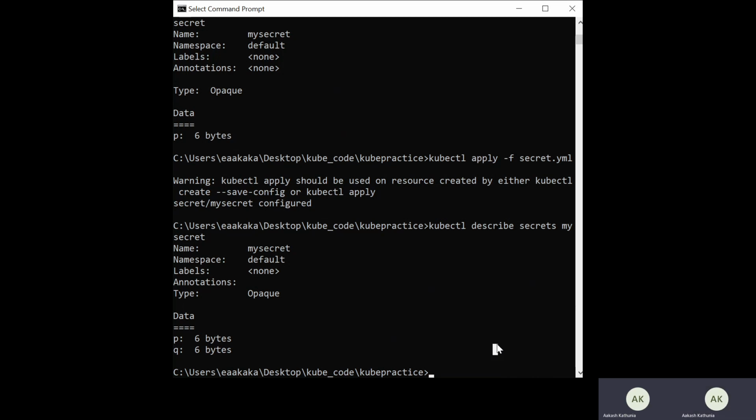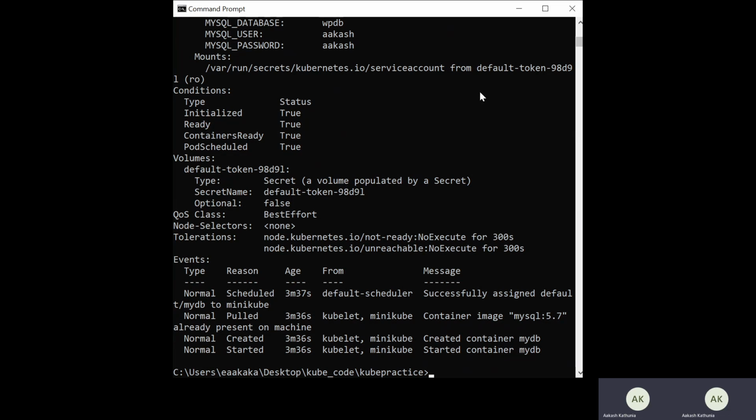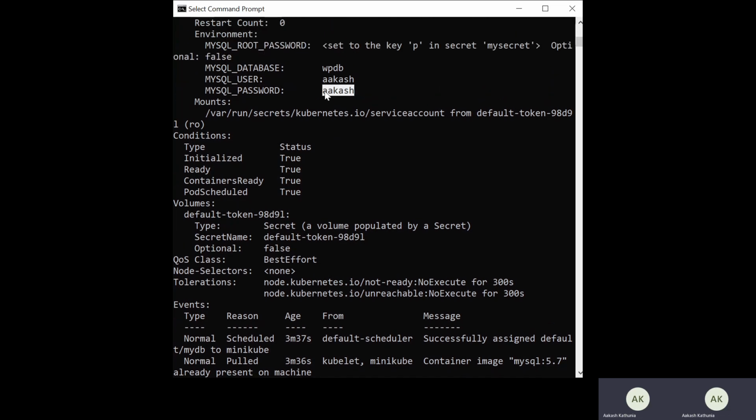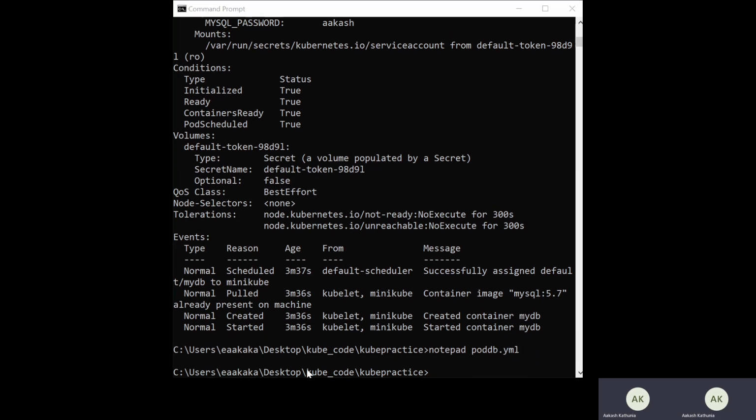Now in order to update in the pod as well, if I run kubectl describe pod mydb, you will see here that the MySQL password is still coming as a hash. So I need to update it to the encrypted format, right? In order to do the same, I need to open the pod db.yaml and update it.